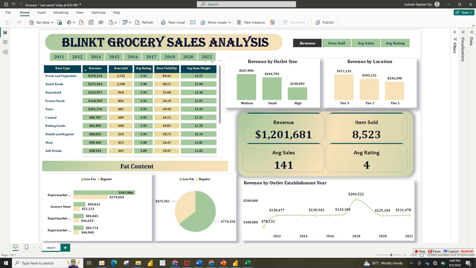To start with the charts, the first one here is the table which itemizes the information for each of the items being sold in this period. So we have different items, from fruit and vegetable up to soft drink, and then we have the revenue for each of these items, the item sold, average rating, item visibility, and also item weight. And to this we have the different